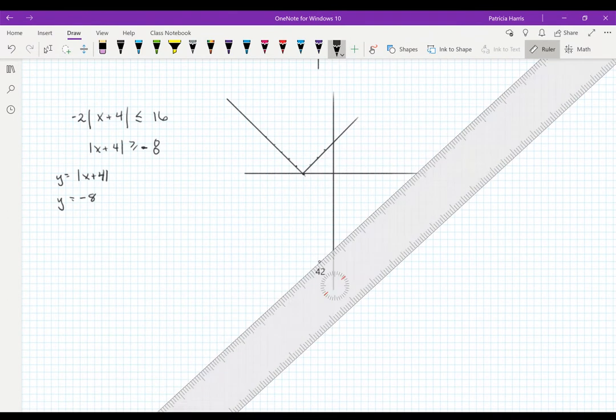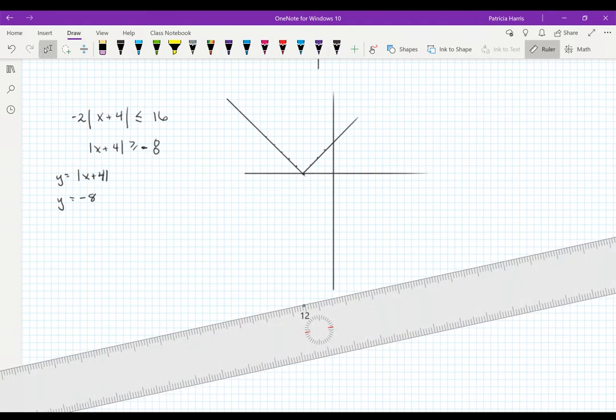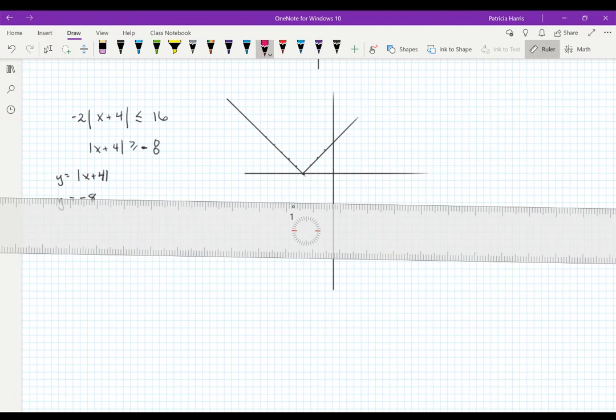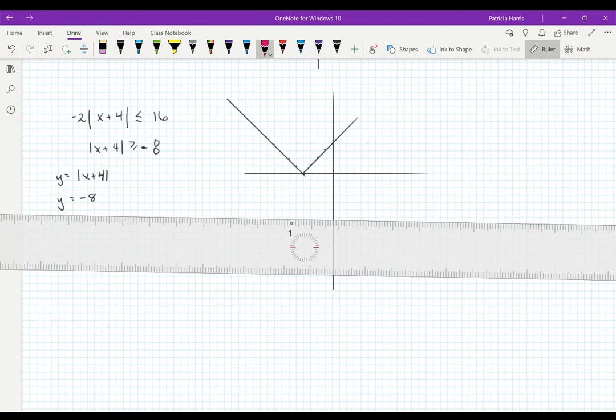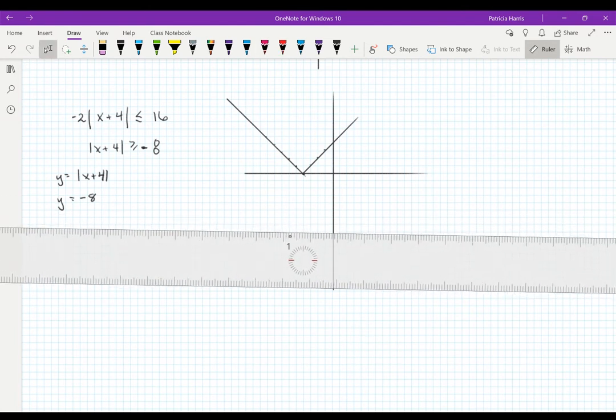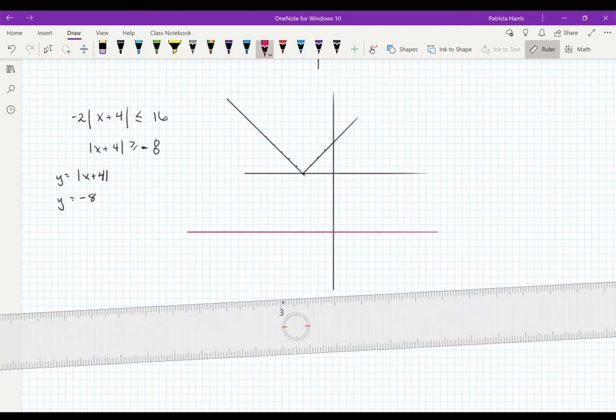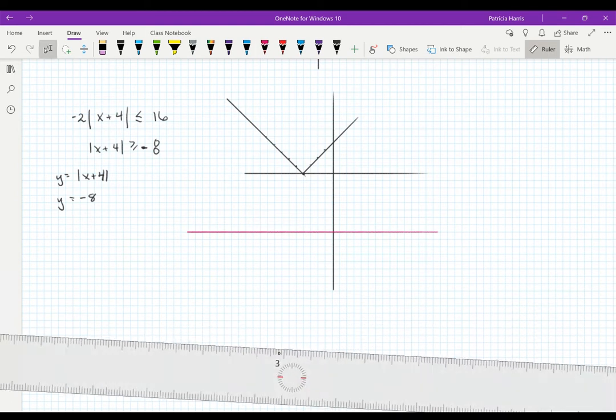All right, there's my absolute value graph. And now I need to graph negative 8. Okay, so according to my inequality, I'm looking for the places where the absolute value of x plus 4 is greater than or equal to negative 8,